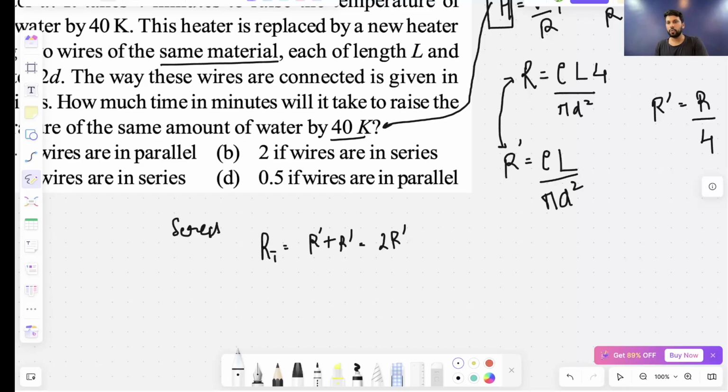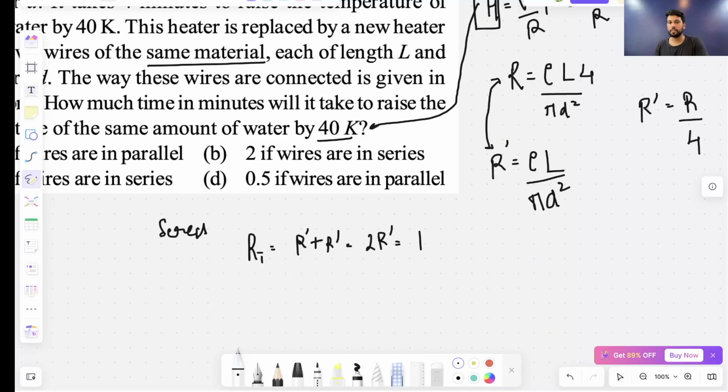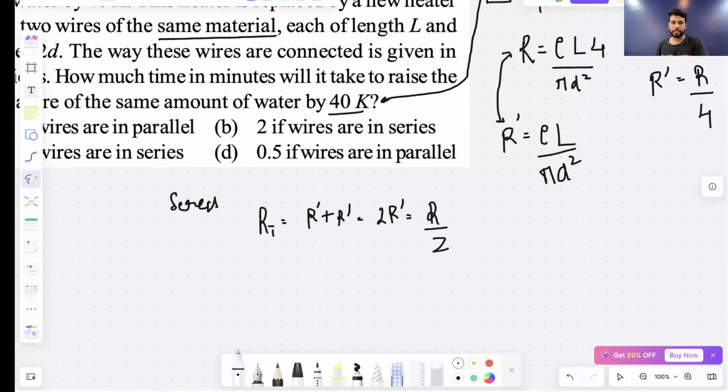2R dash, and 2R dash is nothing but R by 2. I substitute the value of R dash, it's going to be R by 2. When put in series, the total resistance in terms of the old resistance is R by 2. In terms of new resistance, it's 2R dash. When put in parallel,